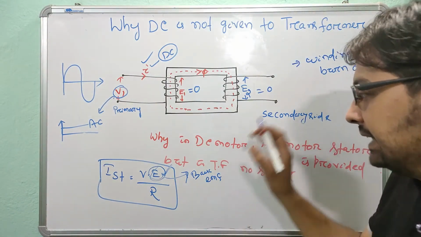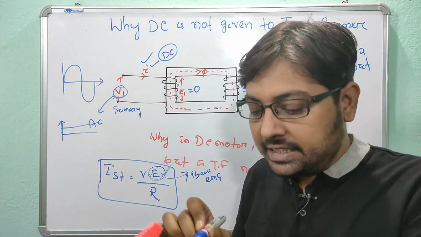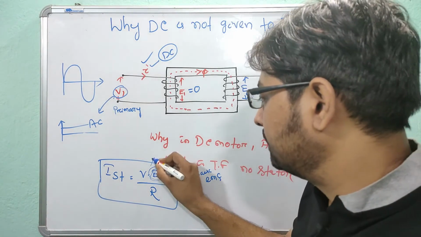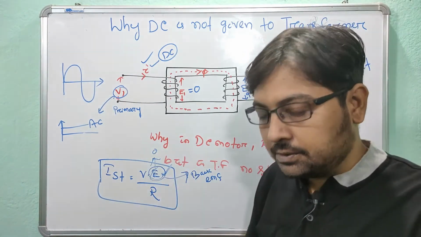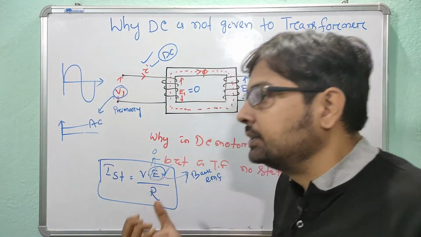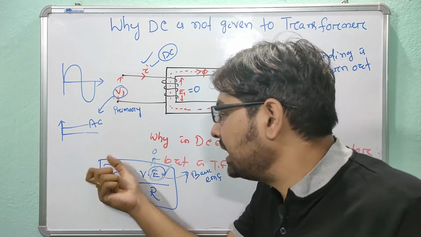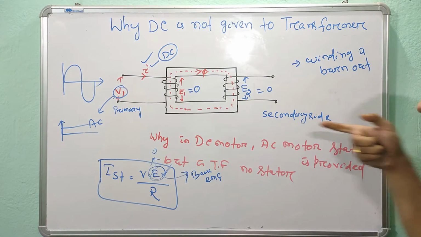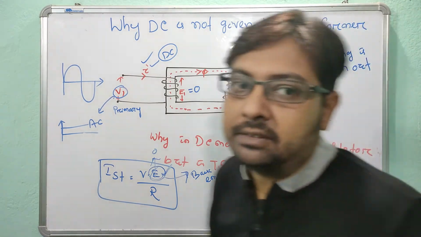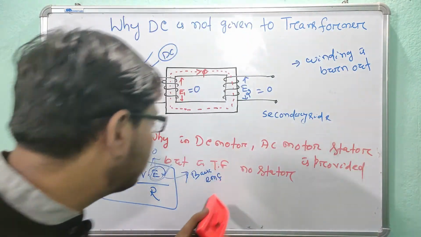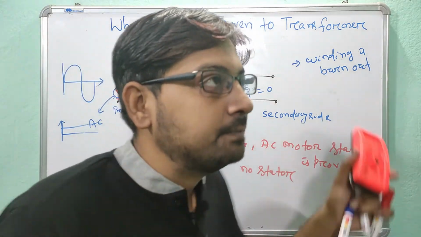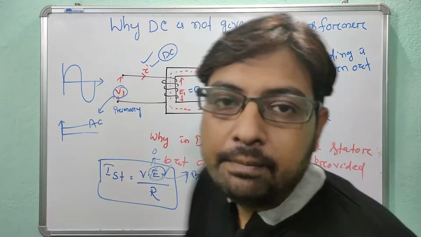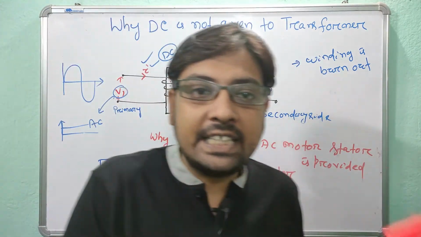But at starting there is no back EMF, it is 0, so heavy current will flow. So to reduce the heavy current and save the winding, we provide a starter to the DC motor and AC motor, but in the transformer we will not provide the starter because the transformer has a starting current